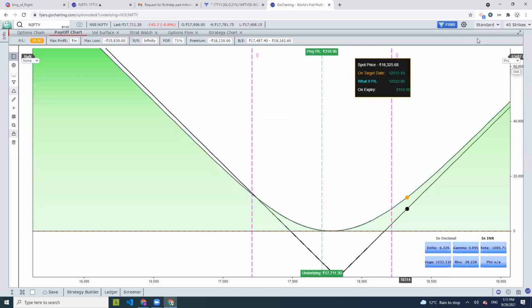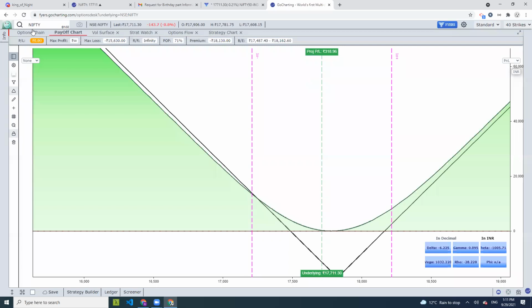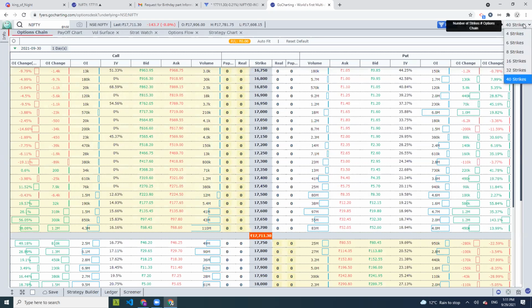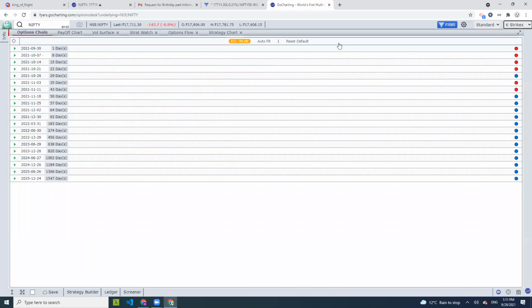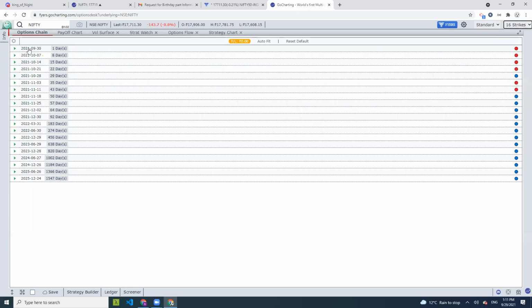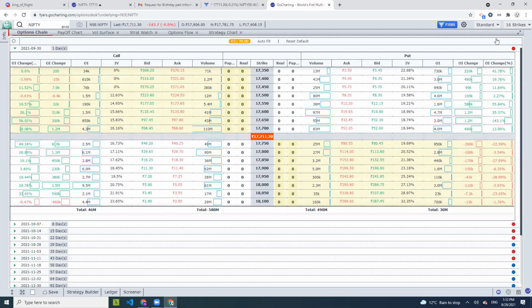On the top, when you are in option chain, you get two buttons. One is called the strikes. Using the strikes, you can choose how many strikes you want to see here. Suppose this is by default at 40. I want to choose 6. So now only 6 strikes will show up, 3 on the top and 3 on the bottom of the underlying. You can make these adjustments depending on your size of screen or whatever is your focus area. So I have like 16 now. So this is what the strikes does. Let me make it 40.